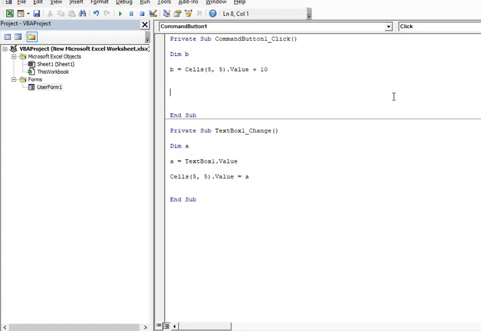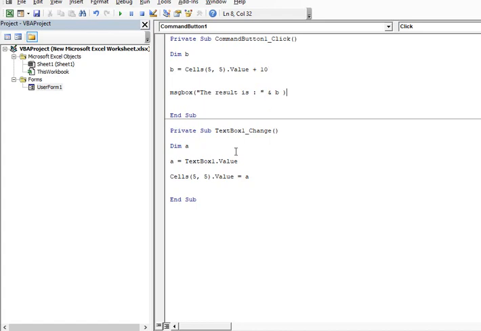And then I want to display this result, so I'll use the message box. MsgBox "the result is", and maybe I can give a space and then I write the variable b. So this way, first I read the value in b from the cell that was stored here, and then I display the result by adding a value 10, or whatever logic you want to do in this.